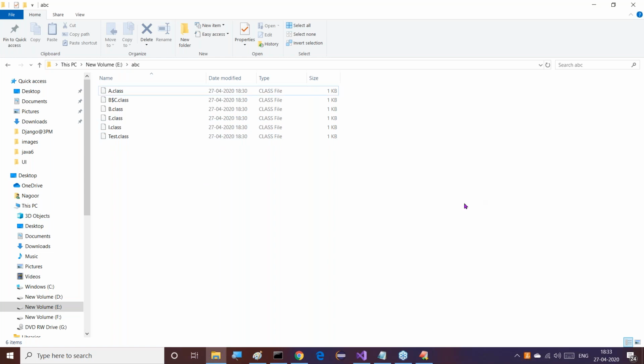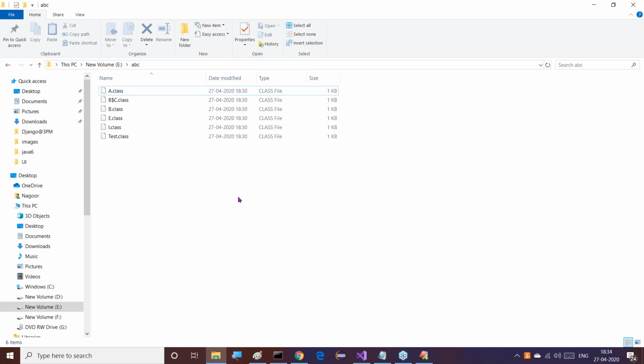Now I'm asking you, what is a package? A package is a collection of related classes and interfaces as a single unit. In other words, a package is a folder that contains .class files. These .class files represent related classes and interfaces. This is the meaning of a package. Good. All of you observe this clearly.